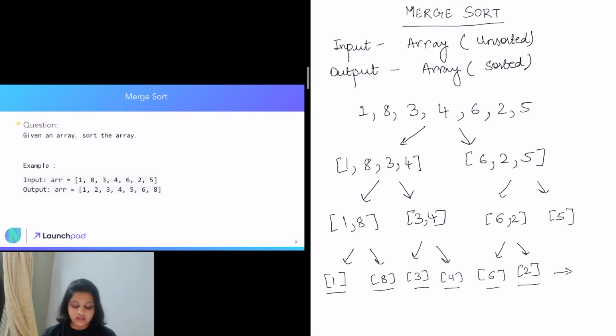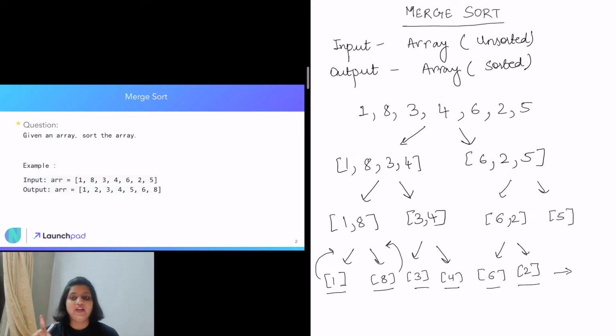Now when it returns back, we will have two sorted arrays: one containing 1 and the other sorted array containing 8. After that, it tells us to merge two sorted arrays.